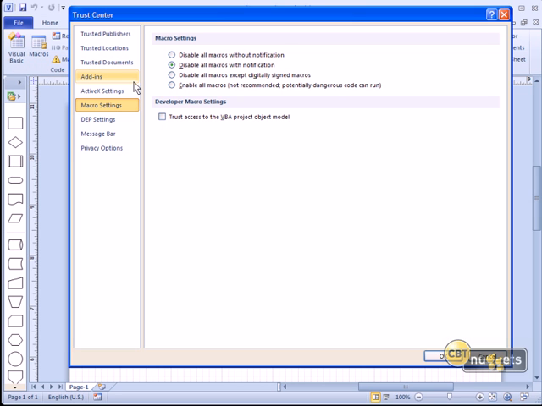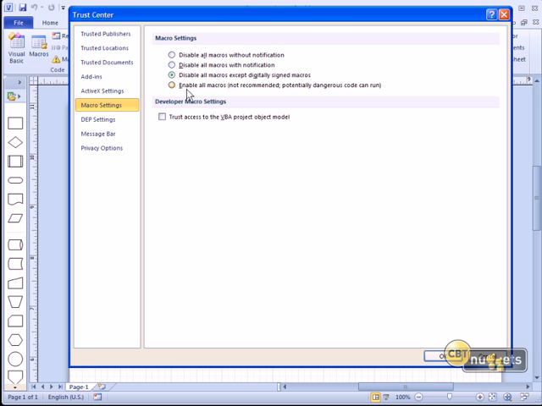Macro security is worth our checking out. This button takes us into the Trust Center in our Options dialog. The default setting for macros is to disable all macros and give you a notification bar. Now, the Enable All Macros, Not Recommended, is something you want to be very careful before doing, because this could infect someone's computer if they run a Visio file that, let's say, they received from an untrusted source that contains macro code. So you want to be careful on how you do this.